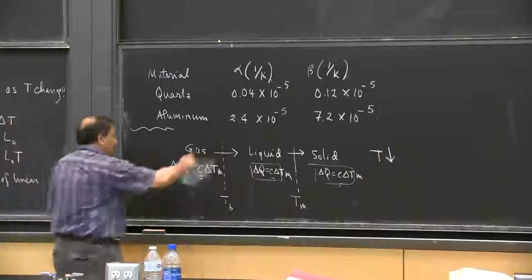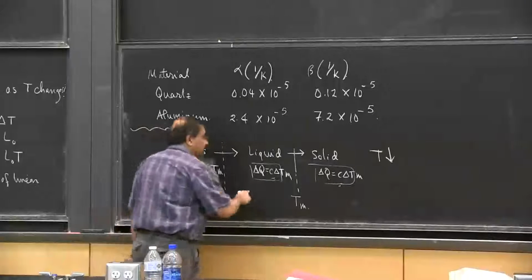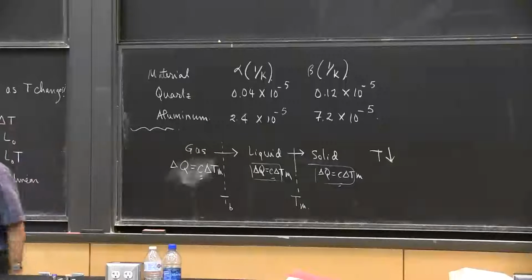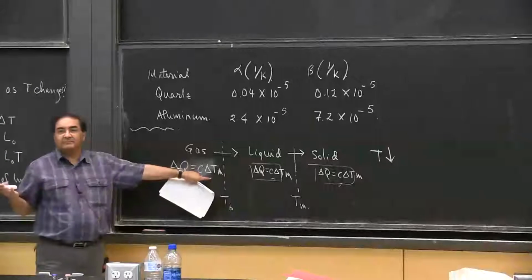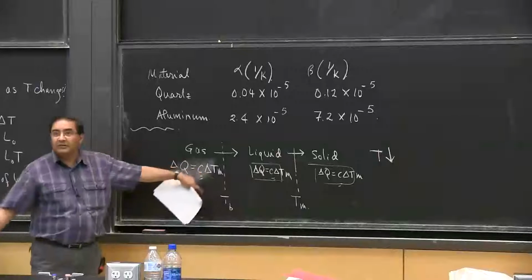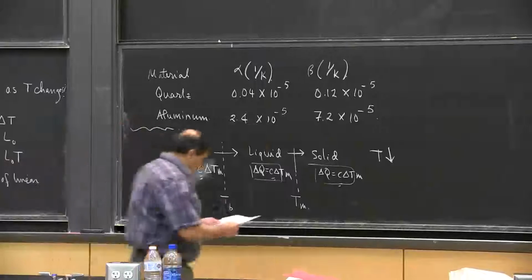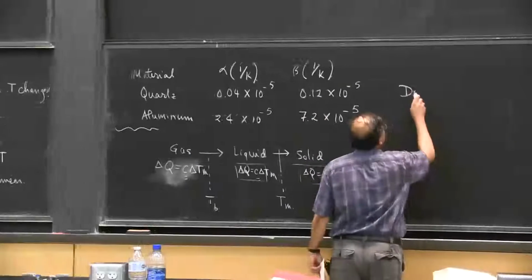However, when the system is going from gas phase to liquid phase or from liquid phase to solid phase, that entire transition occurs at a fixed temperature. Right? So the entire transition occurs at a fixed temperature, which means you don't have a delta T. So this formula clearly would not work, because you don't really have a delta T. If you don't have a delta T, what happens? So during phase change,